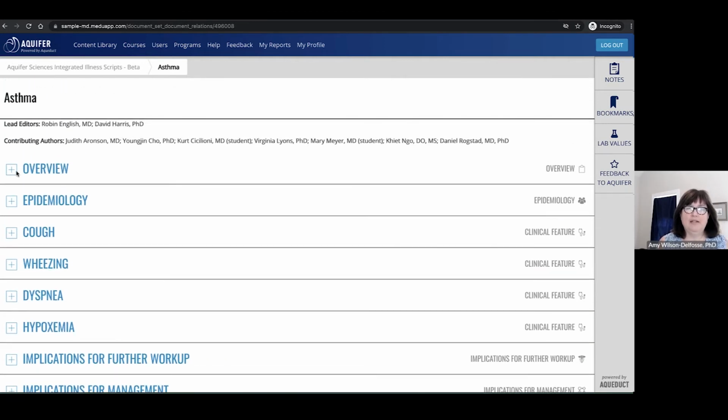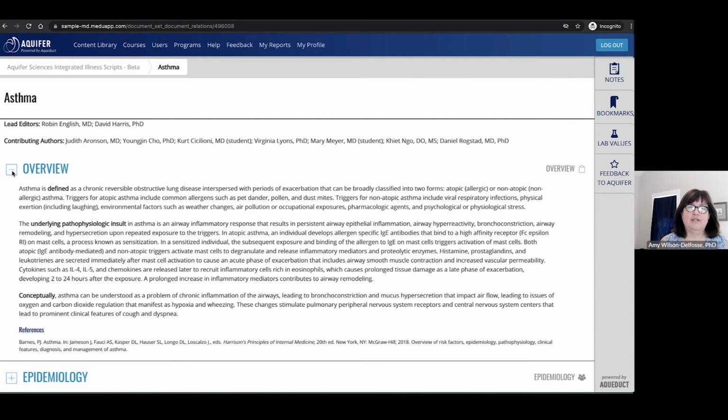The overview begins with the definition of the illness, followed by the underlying pathophysiological insult and the environmental and epidemiologic factors that trigger the insult. We think of the insult as this body was functioning completely normally until X happened. Thus, this section provides a concise description of the basic science genesis of the disease that explains all of the